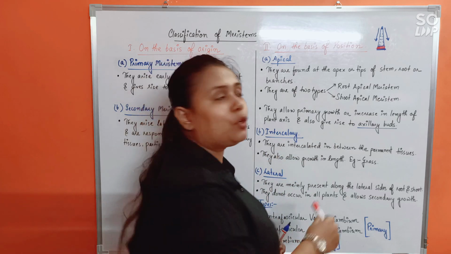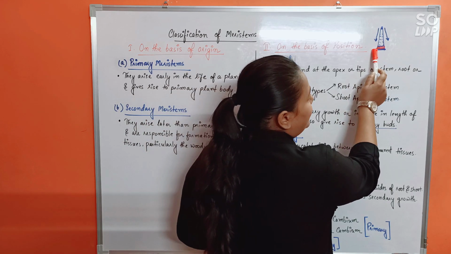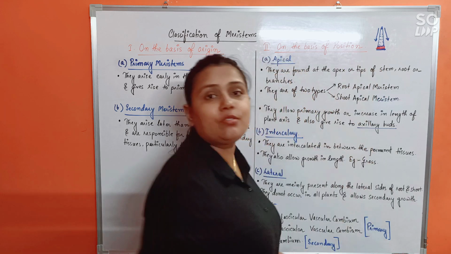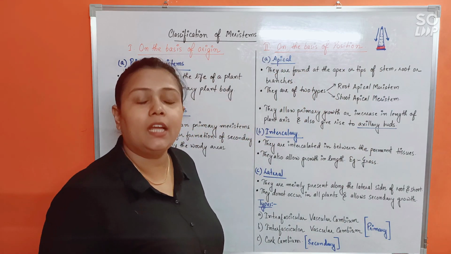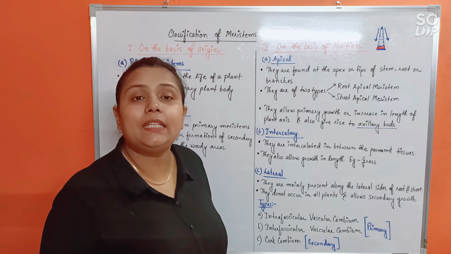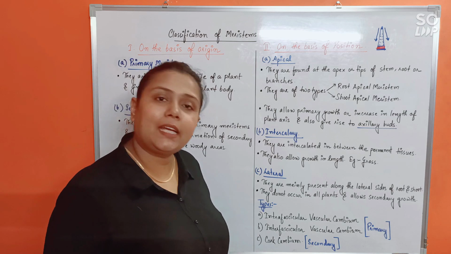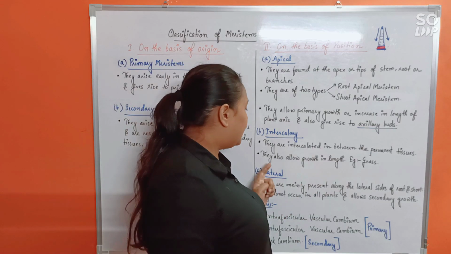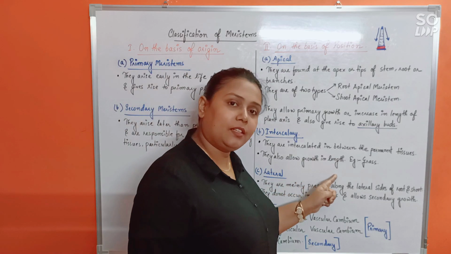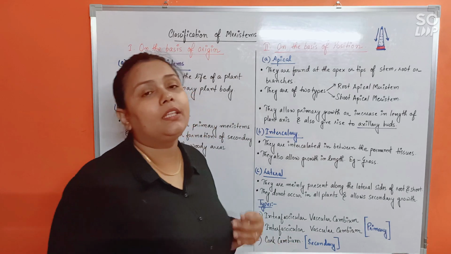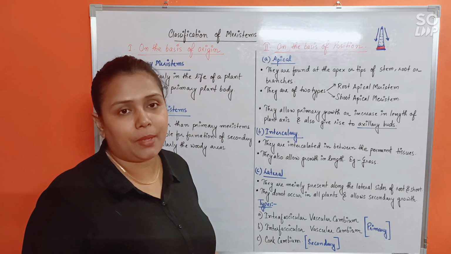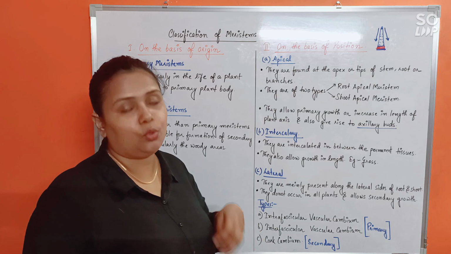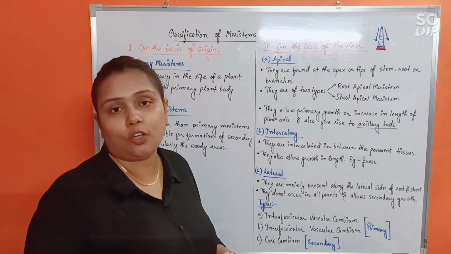So now how is it looking? It is looking like meristem intercalated between two layers of permanent tissues, right? This is what is known as intercalary meristem. Is that clear, all of you? Okay. Now here they also allow growth in length. So just like apical meristem, the function of the intercalary meristem is also that they would allow growth in the length of the plant.